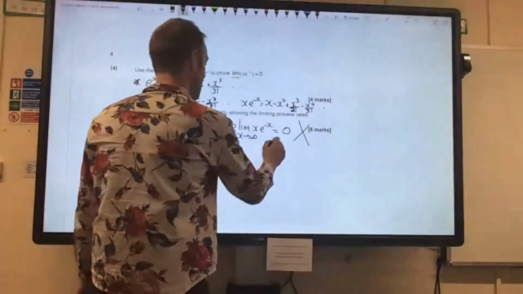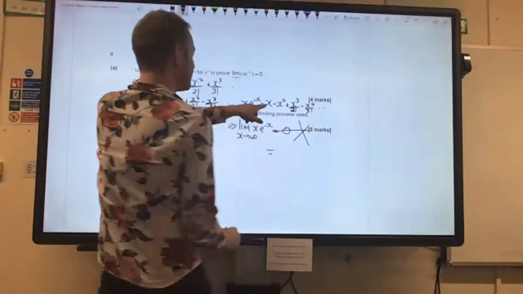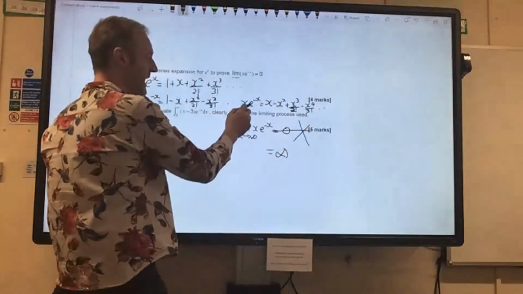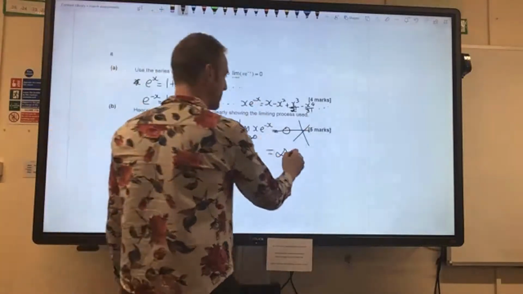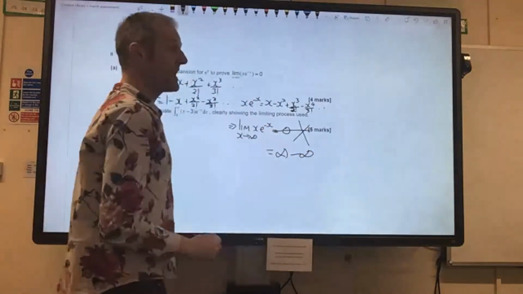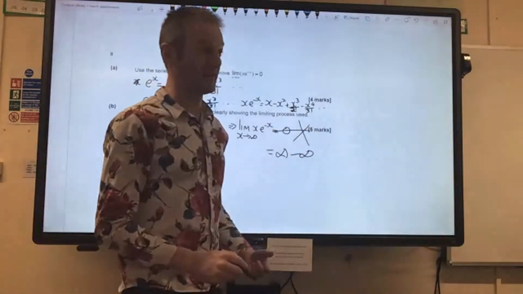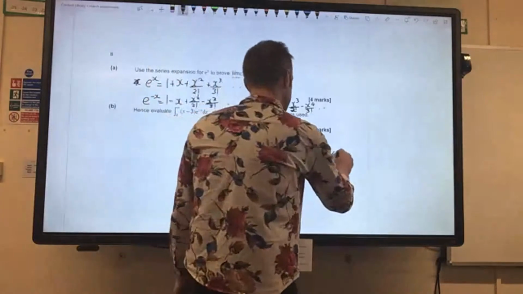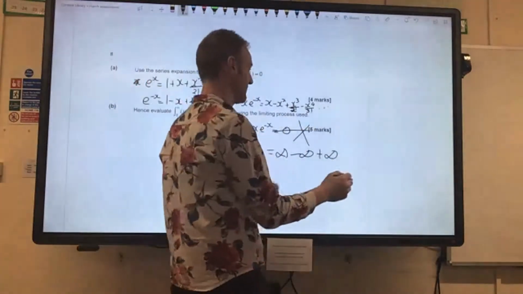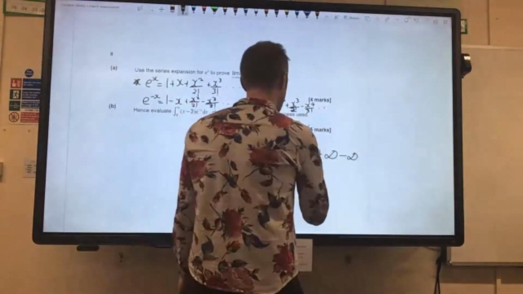Ethan did this. He wrote, well, as x tends to infinity, x is infinity. And then as x tends to infinity, x squared tends to infinity. So you've got infinity minus infinity. Well, what does x cubed over 2 factorial tend to as x tends to infinity? Oh, it's infinity. And what does x to the 4 over 3 factorial tend to? It's infinity to the 4, that's infinity. And then